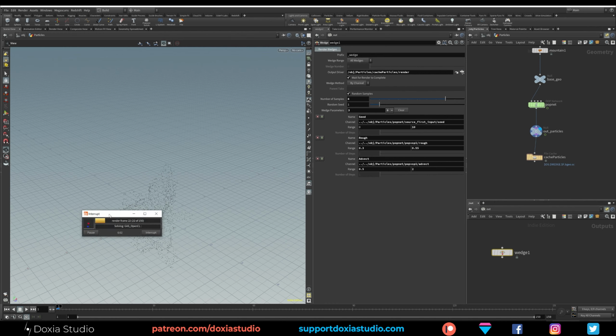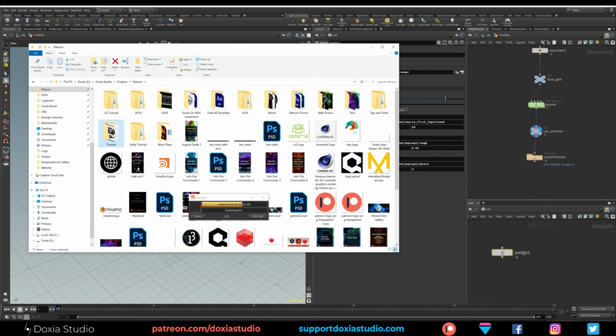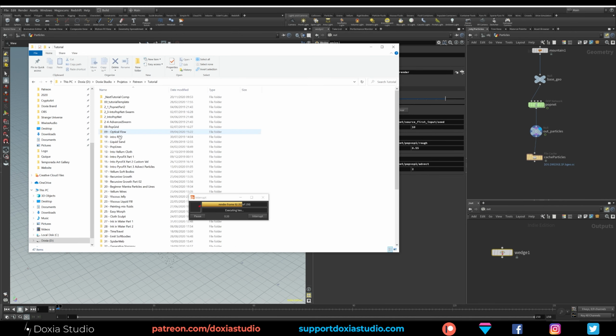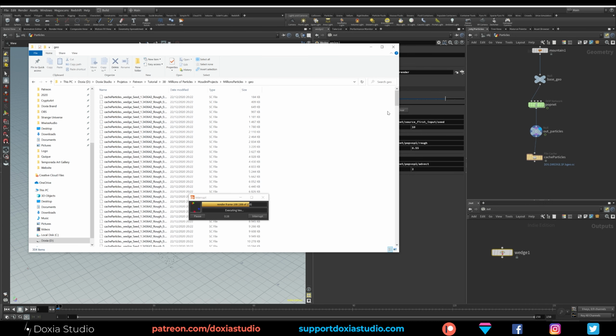As you can see, it is running the file cache, so it is saving each frame on my drive with that name. Let me see if I can show you. Let's go to Patreon tutorials. Let me try to show you what we are saving.